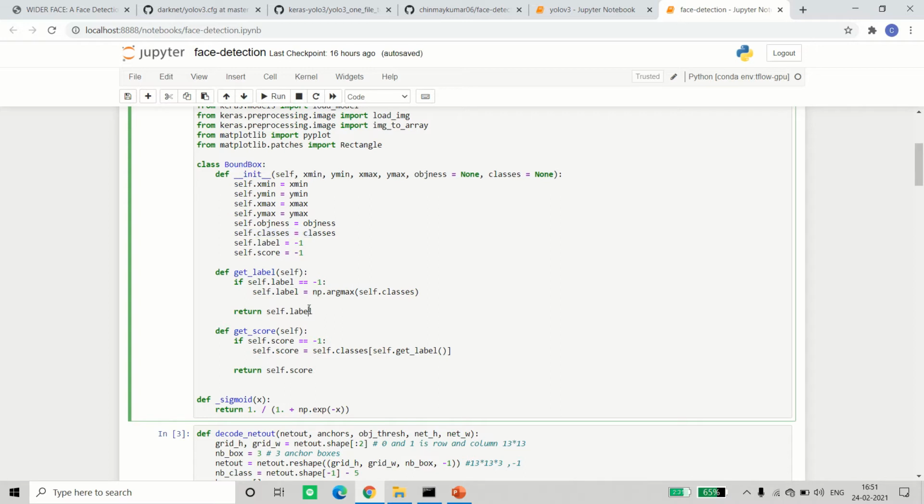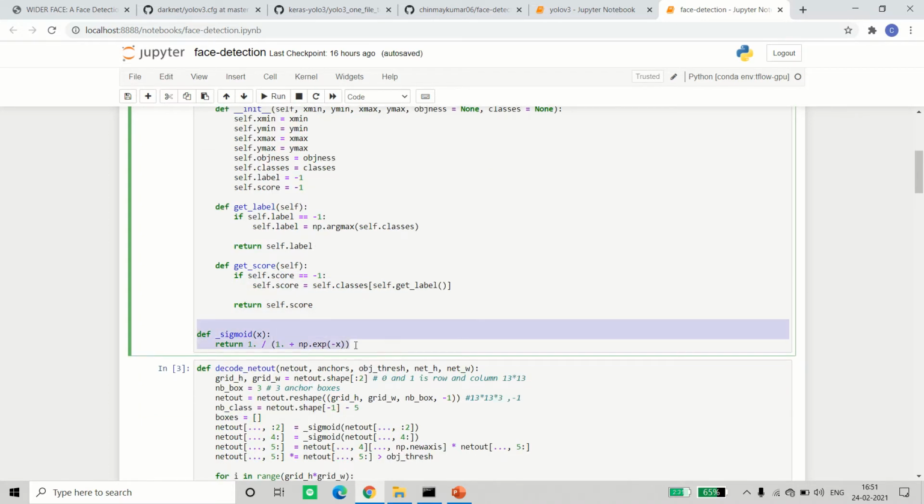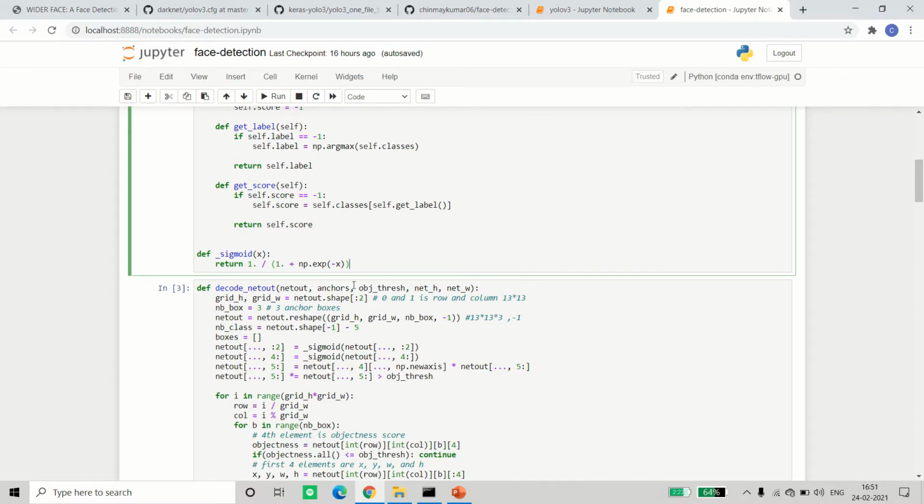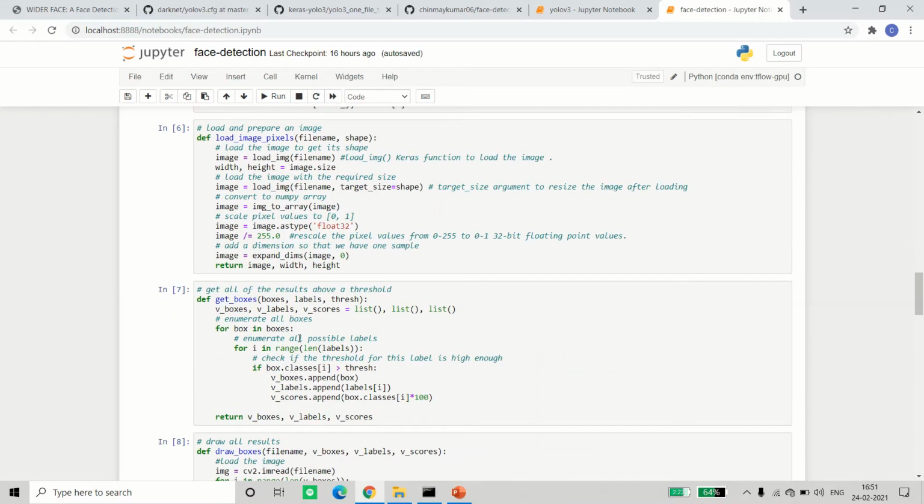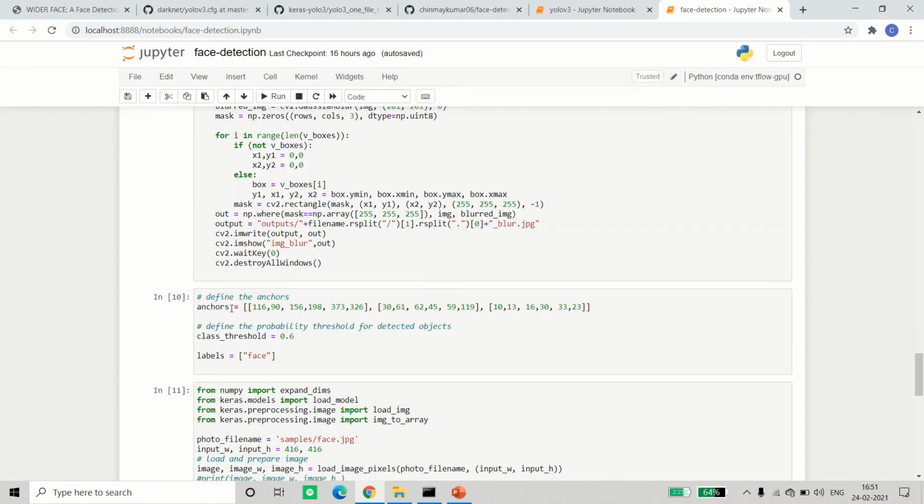For labels I have made a separate function, and the score you can also return, I made some helper functions for that. And this is the sigmoid activation which has to be used on the YOLO output, and this is the decoding. We'll come back to this later. Let's see the main code, from where it starts running. This is predefined, as I told you, 3 anchor boxes. For 13 cross 13, these are the 3 anchor boxes. For 26 cross 26, these are the 3 anchor box sizes. So these are the sizes, like 30 cross 61, 62 cross 45, and for 52 cross 52. As you can see, in the 13 cross 13 the bigger objects are detected, in the 26 cross 26 medium objects, and in the 52 cross 52 the smaller objects are detected.